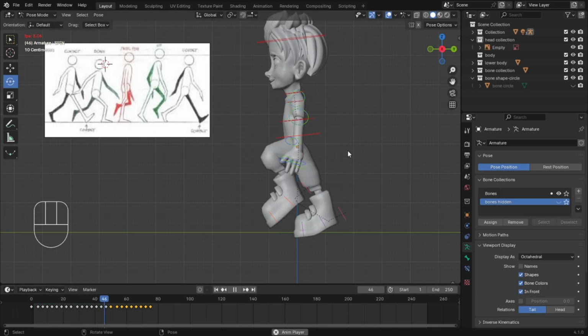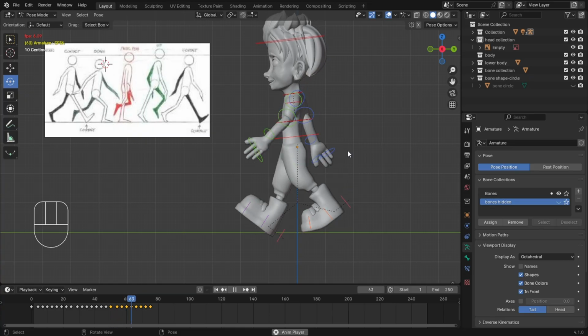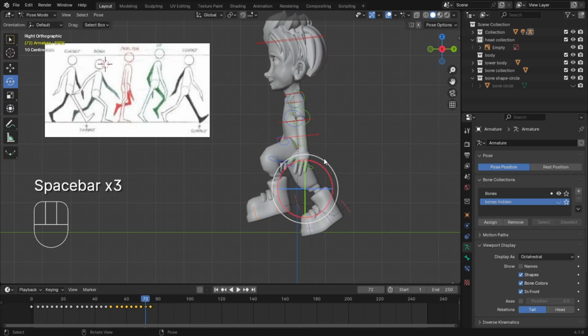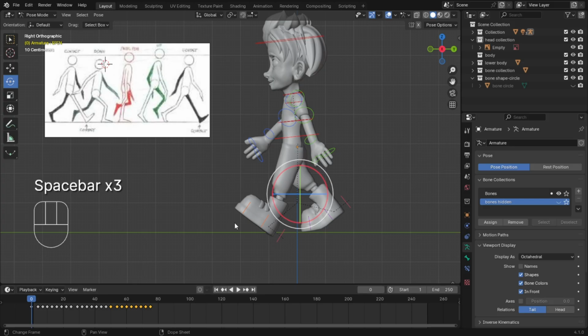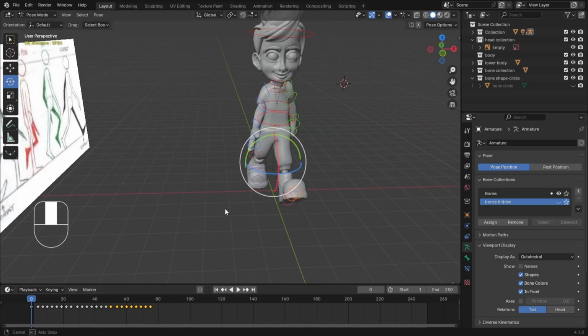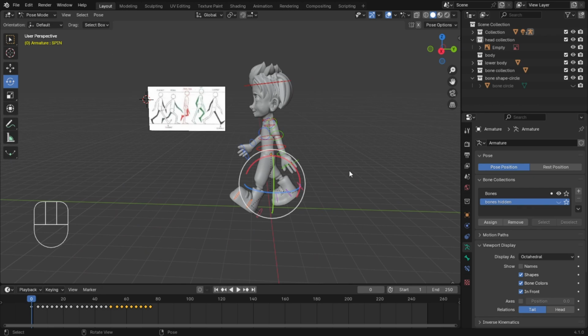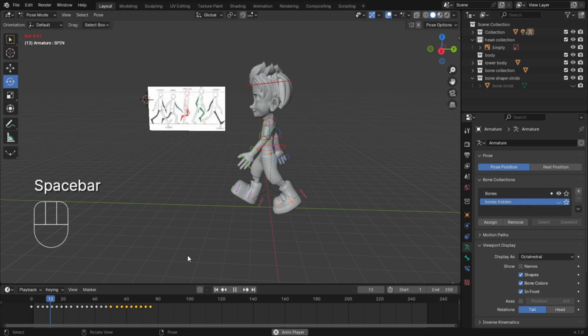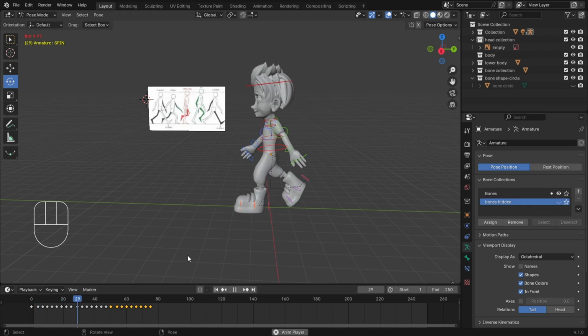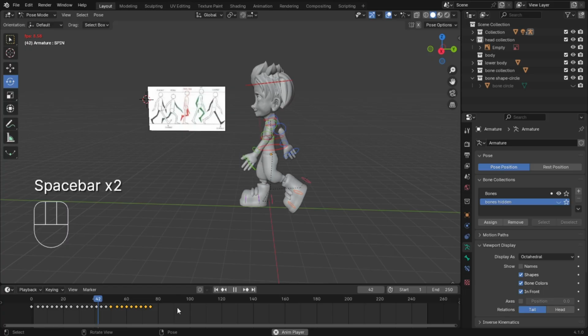So this is a basic walk cycle, and yeah, it could be better, but we're just trying to rush it real quick. We don't have so much time to do all necessary detail, but I'm fairly certain your own cycle is going to be definitely better than this if you take time and adjust the movements. Okay,